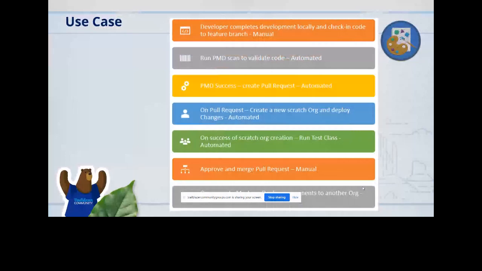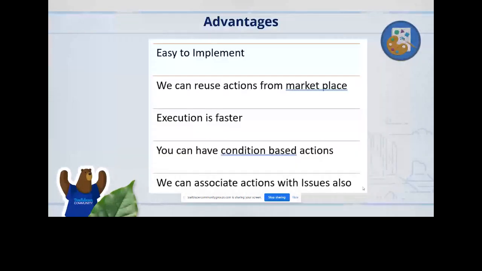Just some quick details also on the advantages of this approach. I would say, if you have a high-level understanding of YAML file, how to set up, you can implement this easily. Basically, before I start working on this, my experience with YAML file was almost zero. I have just seen the details. I haven't implemented anything. So it took just 2 to 3 days for me to understand and implement this flow. So it's not very difficult for us to implement. And like I mentioned, there are public actions available in marketplace which you will be able to utilize.